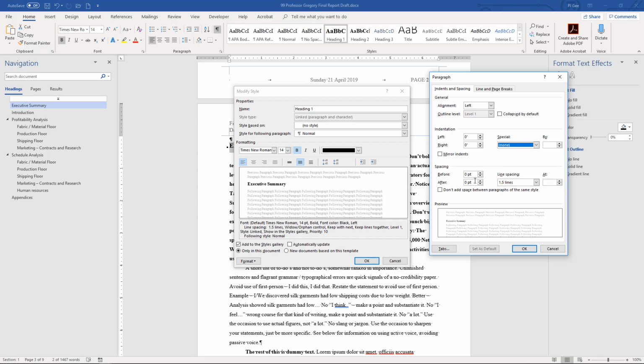Now spacing can have numbers in here. Make them all 0. I usually click, and I hadn't already, but I usually click don't add space between paragraphs of the same style. And for our documents, we're going to do 1.5 line spacing. All right, so once you get them set to that,